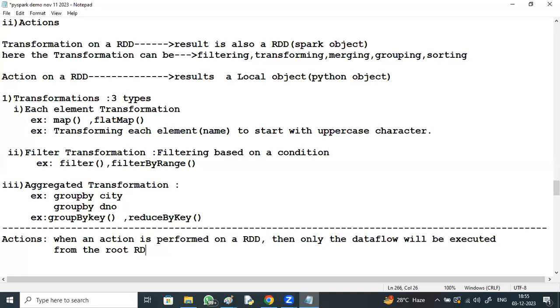When an action is performed, then only the data will be executed from the root RDD.